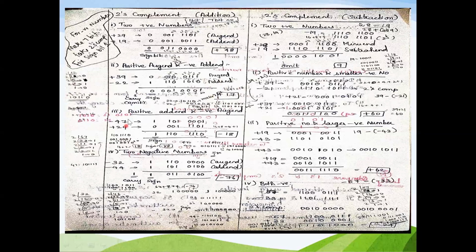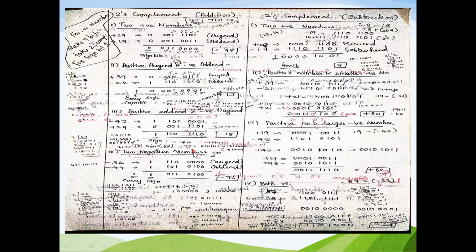Okay, so the third case is positive addend and negative augend. Positive addend, no issues. Here plus 29, whereas you can have the negative augend, so minus 47. So how can you consider this minus 47? For 47, what should we find first? I find the binary representation. I am going for successive division and I calculated the result as 10 followed by 1111. Okay, 47. So here I am representing it by 6 bits. I can represent 47 in 6 bits, but how many bits do I need? I need to represent it in 7 bits. So I add an extra 0 in front. So 0101111.